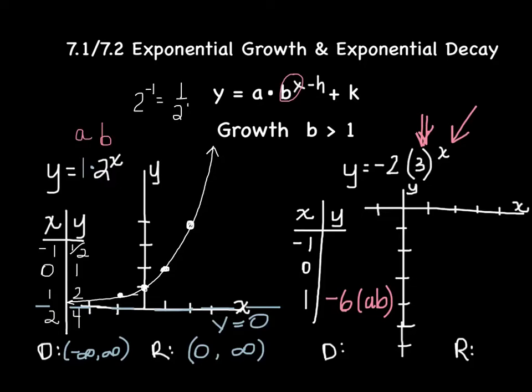Now let's consider plugging 0 in. Anything to the 0 is 1. 1 times the a is going to be negative 2. So whenever I plug 0 in, the answer is going to be a. And lastly, if I plug in negative 1, I'm going to get 1/3. So a times 1 over b is going to be negative 2/3. And it will be a times 1 over b. And if I plot these, negative 1, negative 2/3, 0, negative 2, and 1, negative 6,